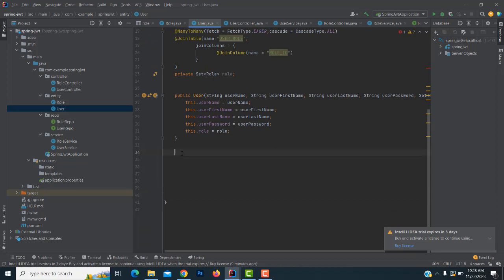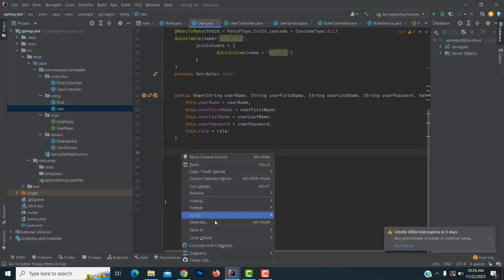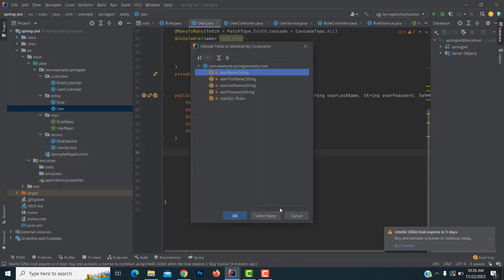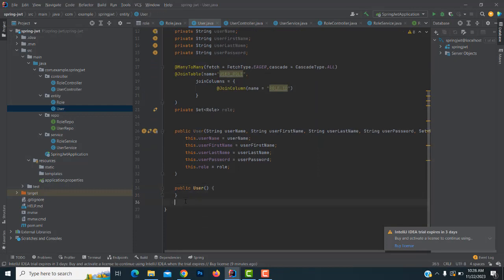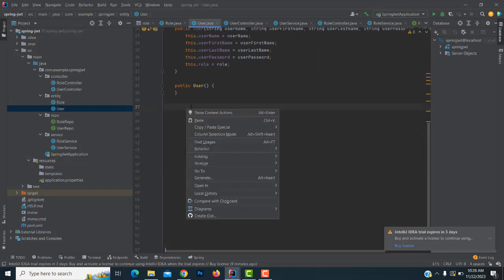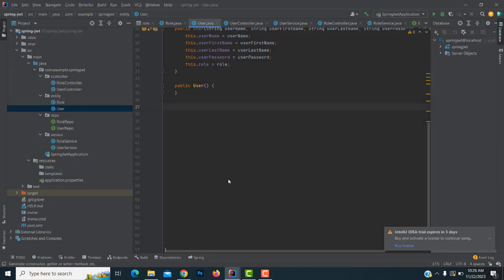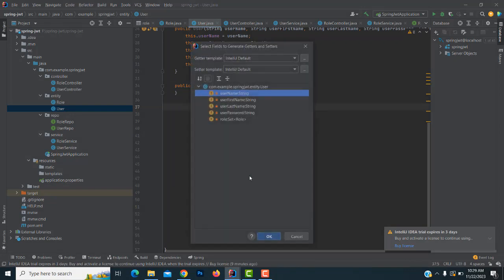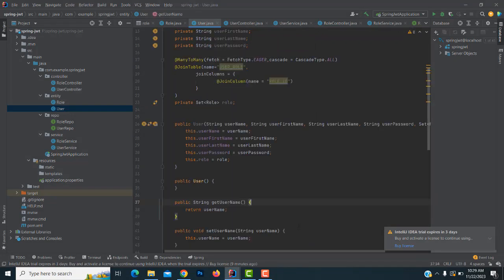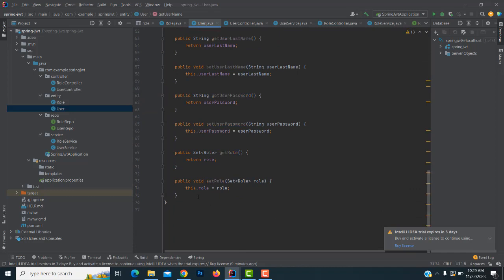You have to write a no-args constructor. You have to implement the get and set methods. Select this one,